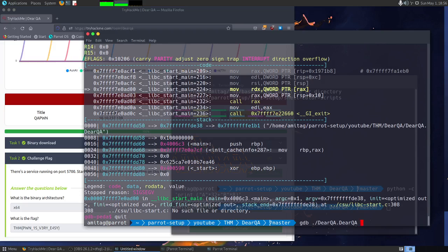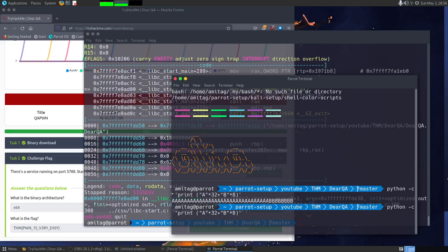So let's do that, and we will have it like 86 slash x 86 and then slash x 4000686. So now what I have done here is basically change the address into Latin Indian address, and